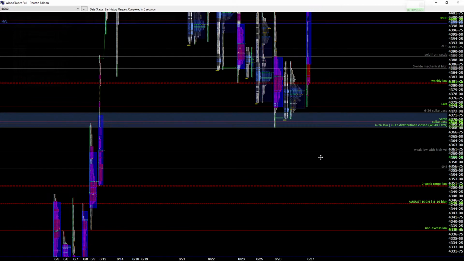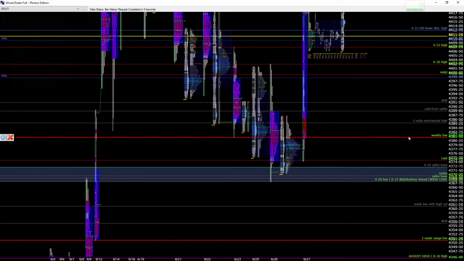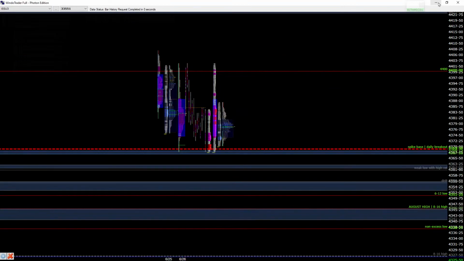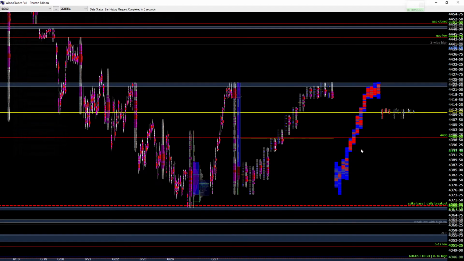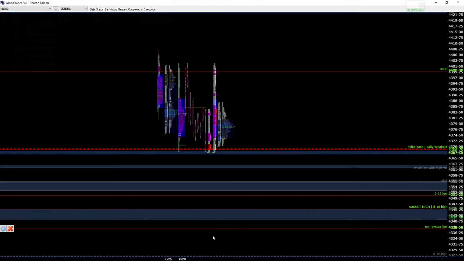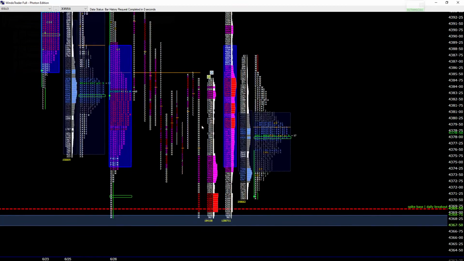Okay, that was one thing. And this one was very important as well, because this is the low of the inside bar. Remember the inside bar? It played an important role today. Now, from what I saw here, there's some momentum trading, and just a lot of congestion here, lots of congestion. From yesterday, you have these levels.